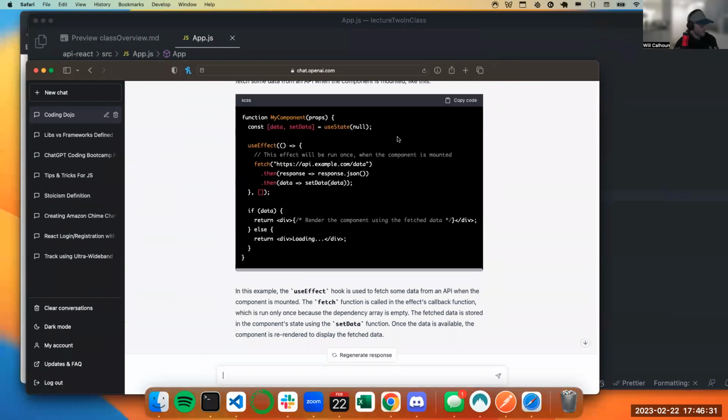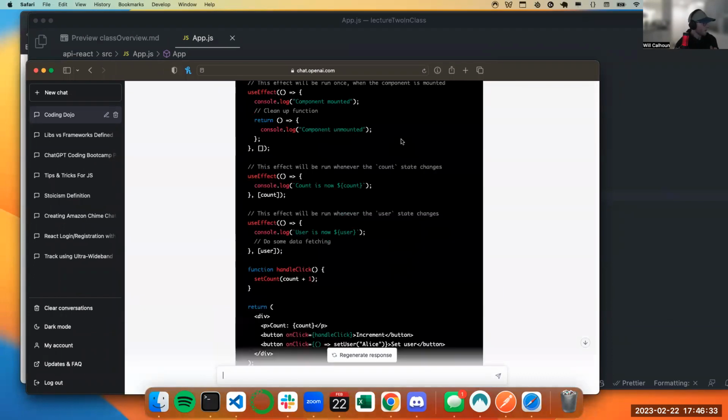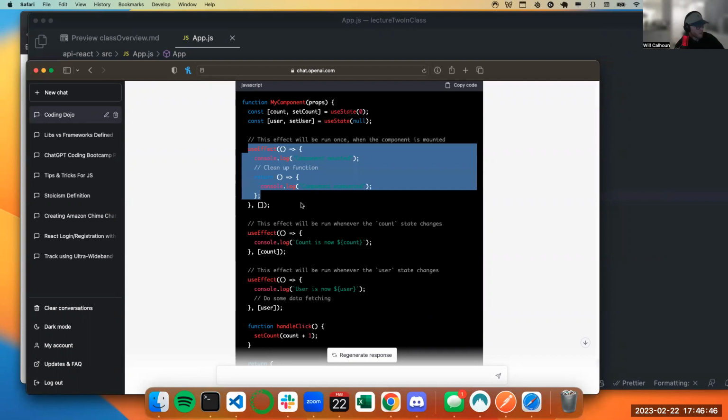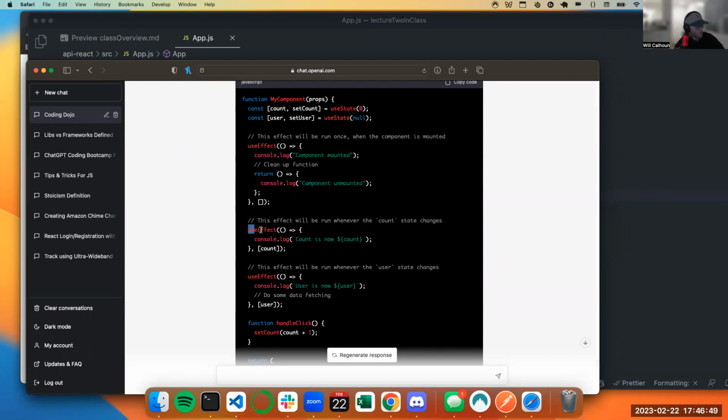Here's an example of this right here. In this component, you've got MyComponent. It's got a state of count and a state of user, and you can have multiple useEffects. This useEffect only runs when count is affected, so once the state is changed, I want you to run this code.